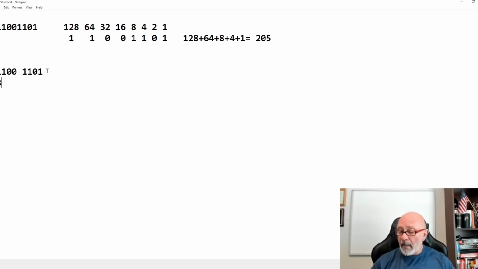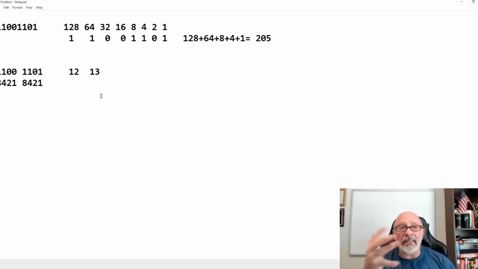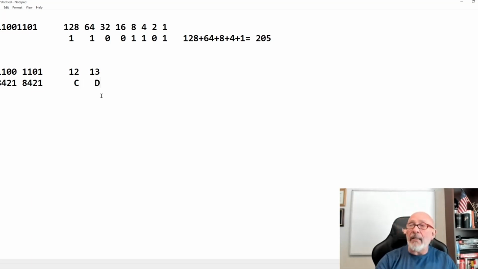All right, 8421, 8421. Lovely. What's on this side? 12. So we got the 12 on the left side. And what do we got on the second side? We got 13. All right, so 12 is what? Well, we know that A is 10, B is 11, C must be 12, and then 13 must be D. So it should be CD. Let's find out.